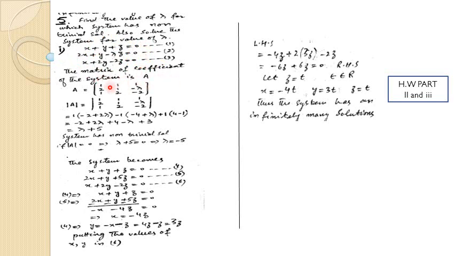So the matrix of coefficients is this. Lambda plus 5 is the determinant of A. Now the system has a non-trivial solution. Non-trivial solution means the determinant of A should be equal to 0, because it comes from a singular matrix. So lambda plus 5 is equal to 0, so lambda is equal to minus 5. Now this equation becomes this, and the rest you know from question number 4, we have done all of it. So part 2 and part 3 you have to do at home.